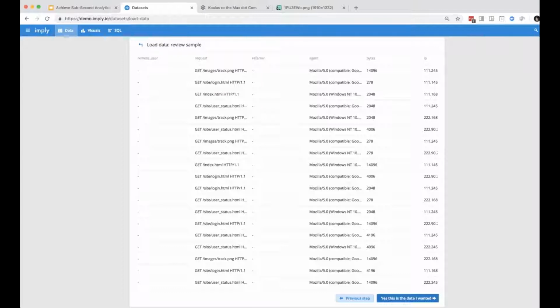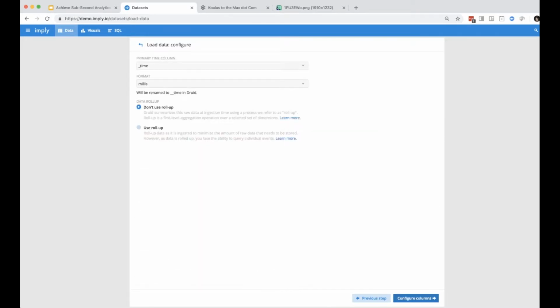So you saw Josh creating a new stream with KSQL to enrich the data. Then I'm picking it up directly from the Imply UI. I don't need to know a lot about Kafka. I can say, yes, this is the data that I want. And now I can configure it. Druid requires a time column. As I mentioned, it does borrow some of its features from time series databases.